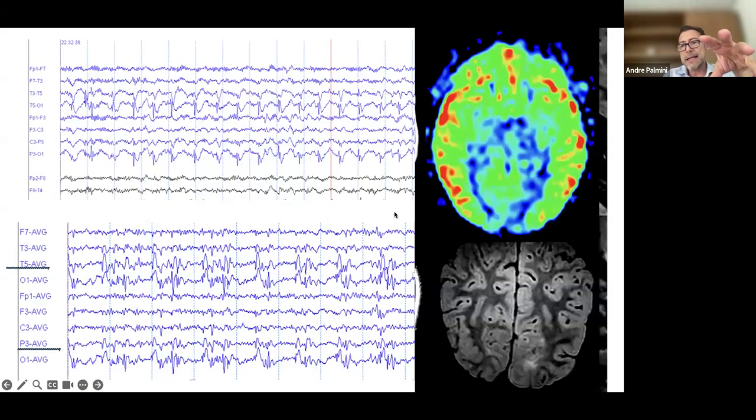Okay, and then you have this PET, which is more widespread, involving also perhaps the posterior temporal hypometabolism, and this EEG, which is of course mostly localized in the left occipital lobe where the lesion was, but also in the monopolar montage, some extent to parietal and posterior temporal,